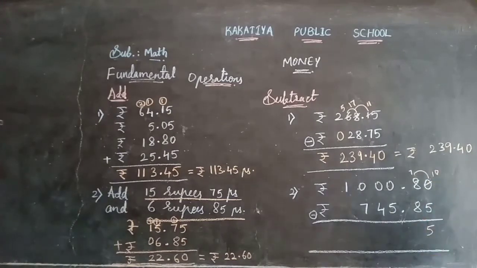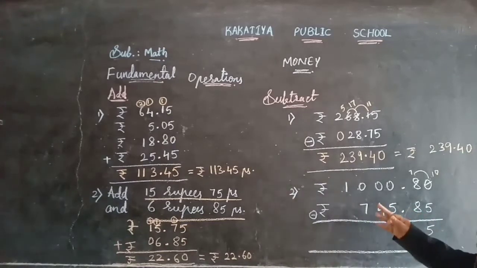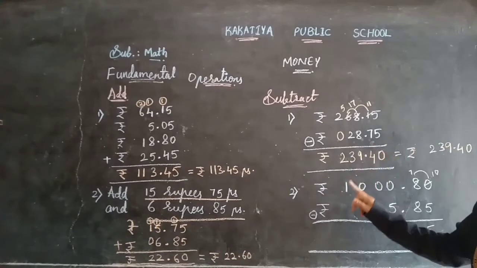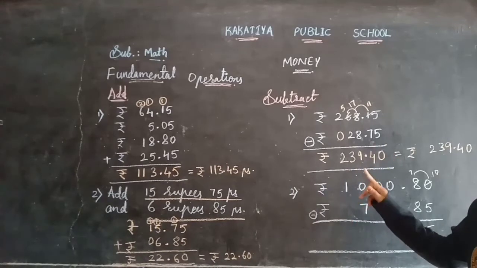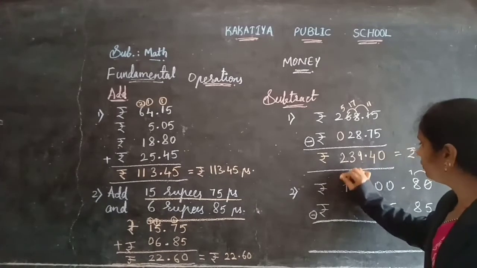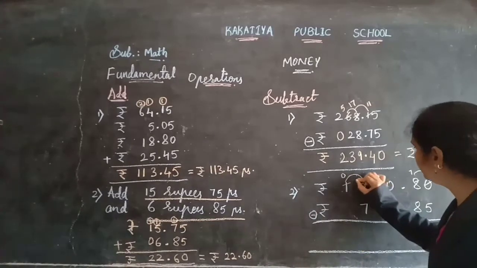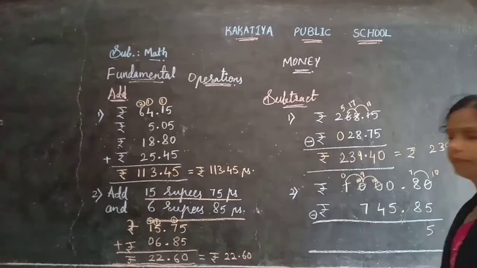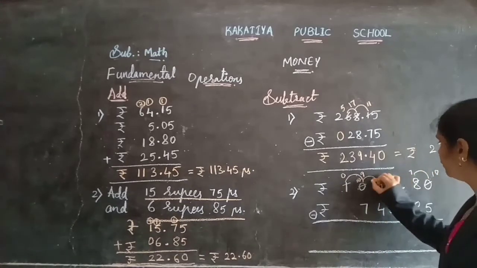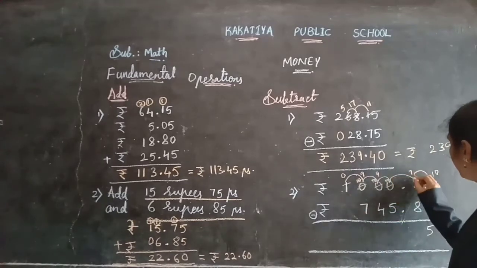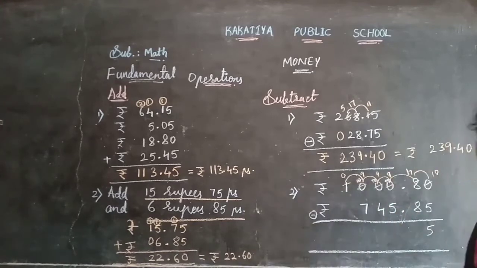Now 7 minus 8. Is it possible to subtract 7 minus 8? No. So we need to take the borrow. From what? From before. But before also we have the 0. Here also we have 0. Here also we have 0. But we require the borrow. We can take the borrow from this digit. Okay. So when I am taking the borrow from this digit to this digit, here it will become 0 and here it will become 10. And if I am taking the borrow, here it will become 9 and here it will become 10. Still I require the borrow. So it will become 9 and it will become 10. Yes, if I am taking the borrow here, it will become 9 and it will become 17.